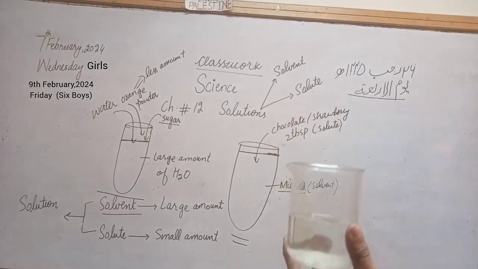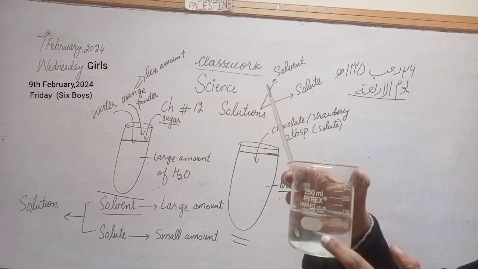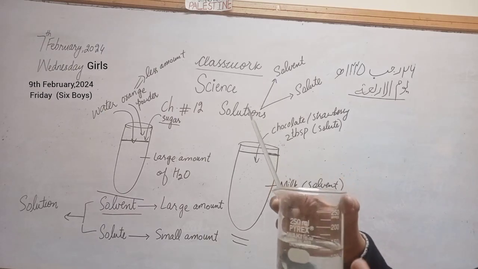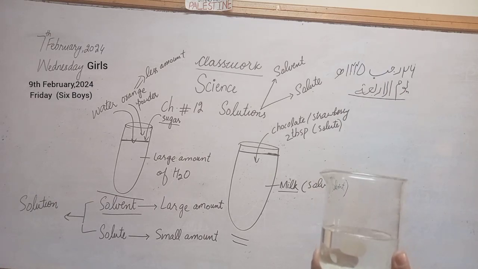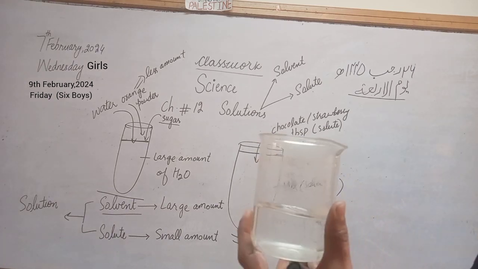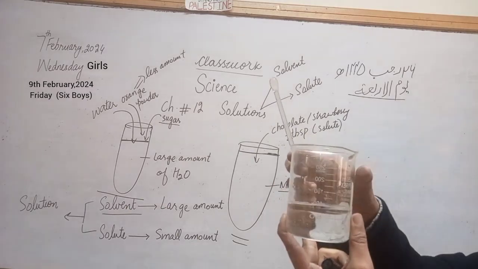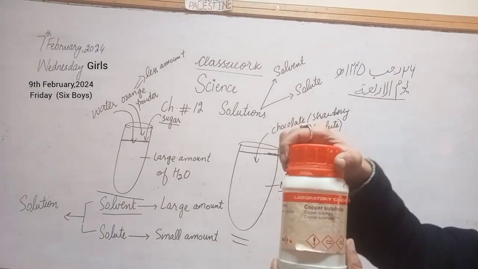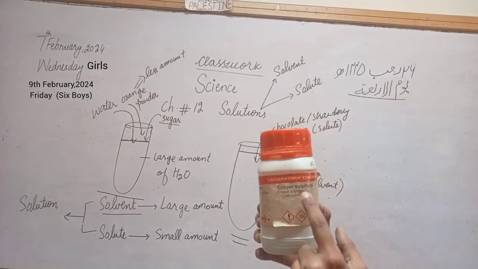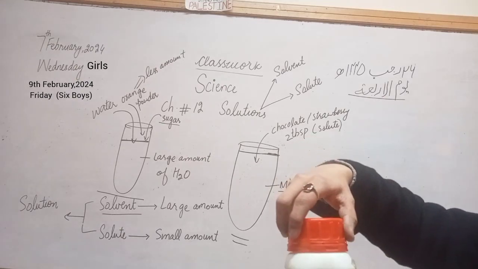Okay. Have you got my point? I have mixed two things. Water is solvent and sugar is solute. By mixing two things we will get our drink. That will be our solution, that is sugar syrup. In other beaker or cylinder, I have water. It is solvent. And on the other hand, I have chemical substance that is known as copper sulfate. I will take it as a solute.